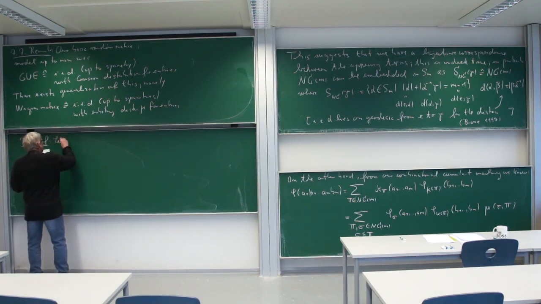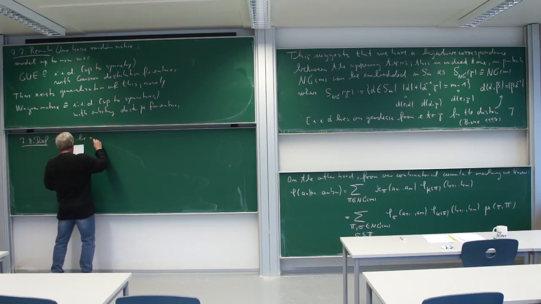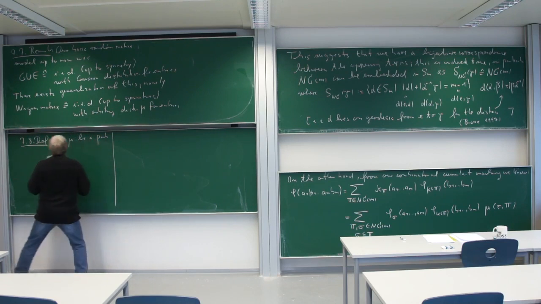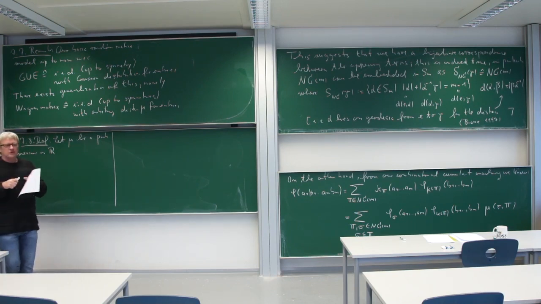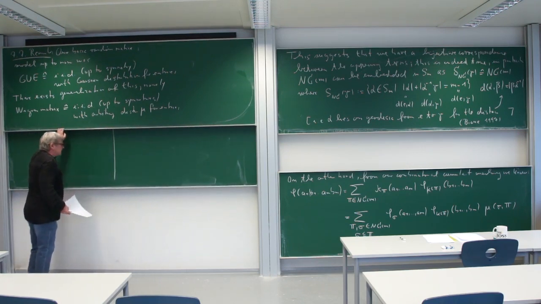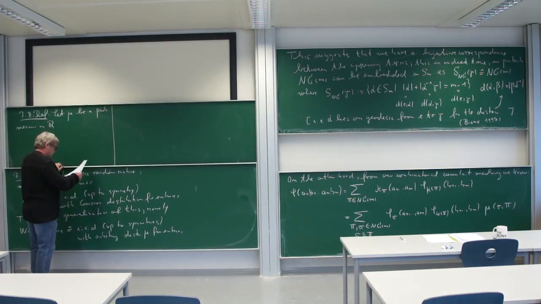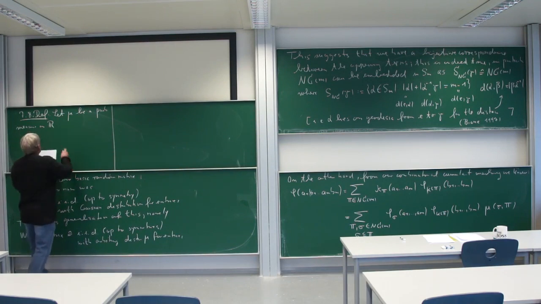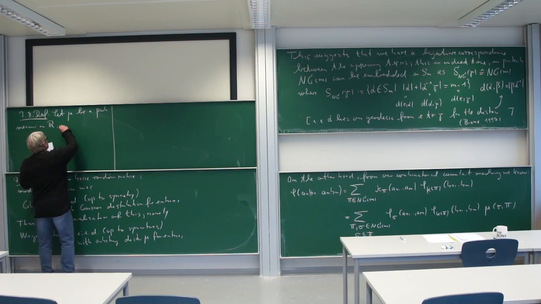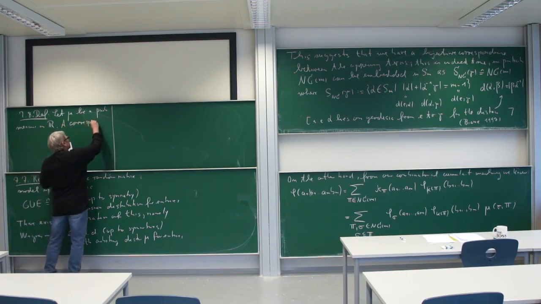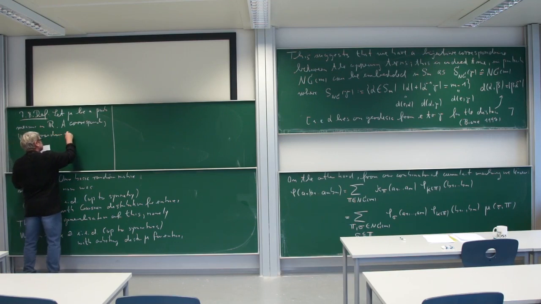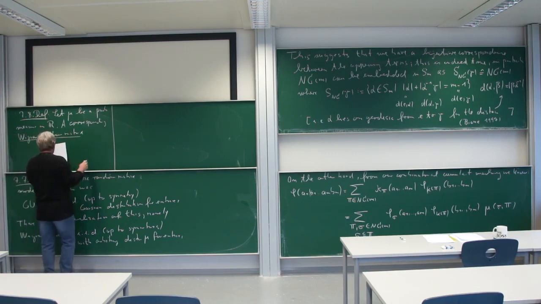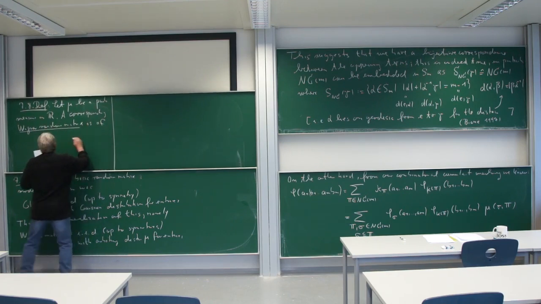So I want to say a few remarks about this, but maybe let me just define rigorously the Wigner random matrix. So let mu be a fixed probability distribution on R. And let's say I'm looking now at real matrices. Of course, in the Gaussian case, the GUE was actually complex ones, but let me do here the real case. The Gaussian complex case was also usually more or less the same. Okay, and so we fix a distribution on R, and then corresponding to this mu, we define the corresponding Wigner random matrix. So this is of the form